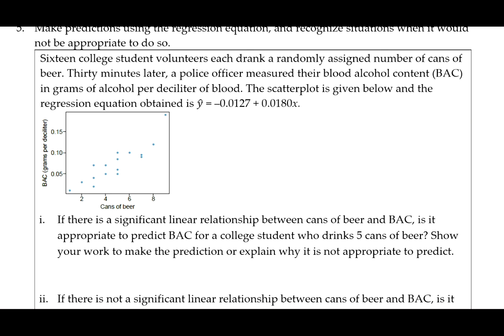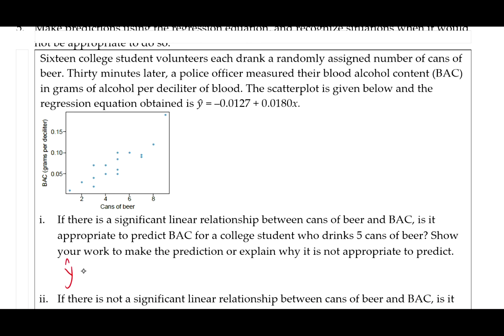In other words, the data value that we are predicting for needs to be within the range of collected values for the explanatory variable. So you can see that these college students were assigned somewhere between 1 and looks like 9 cans of beer to drink. So as long as we are predicting within that range, it is fine to predict if there's a significant linear relationship. So in this case, 5 is right in the middle of that range of collected data, so we can